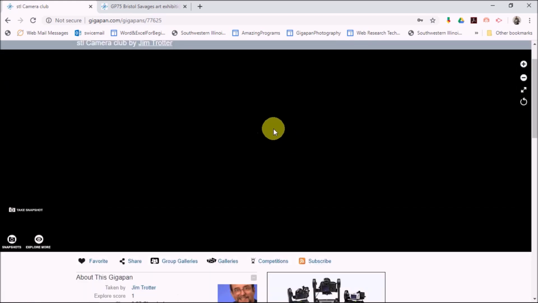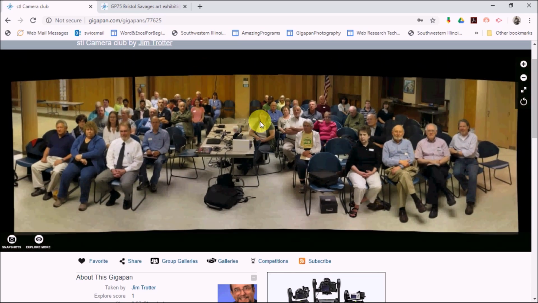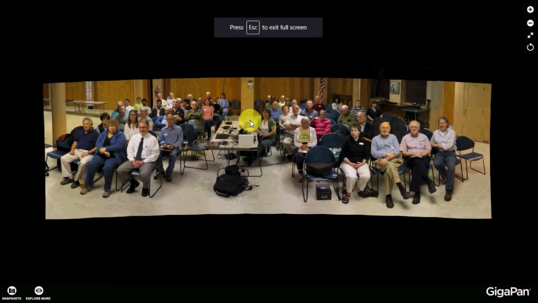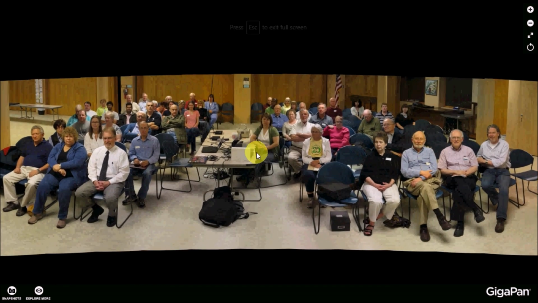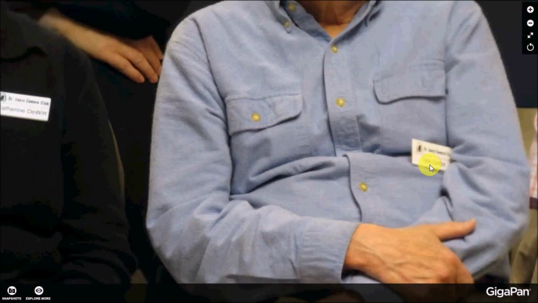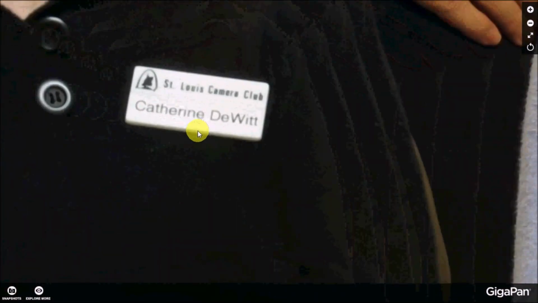When you have a family reunion, you have a lot of people there. What you can do is have the people, like in this case, what Jim could have had you do, hold up your camera. Each one of you hold up your camera and maybe stand in a line. And then we could zoom in on you, and we could see your name tags. Here's Dale DeWitt, and we could see your camera as well. Here's Catherine DeWitt,